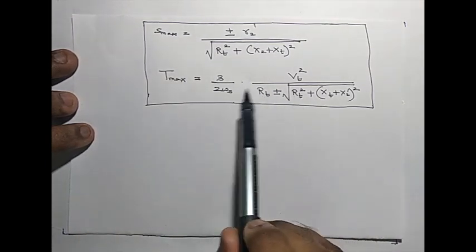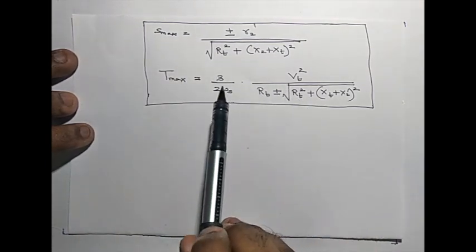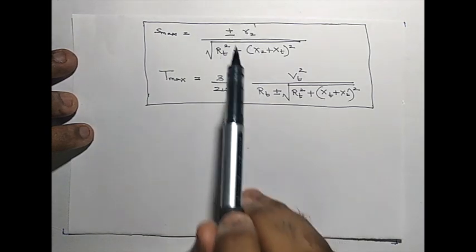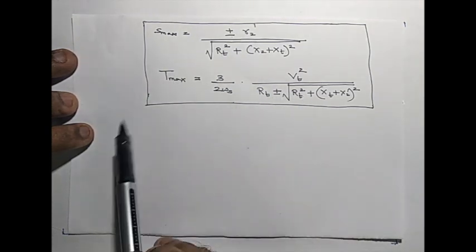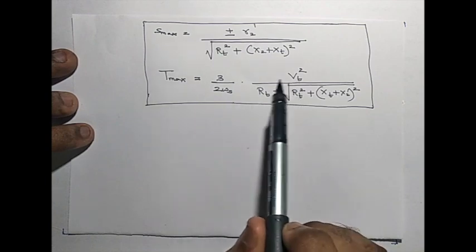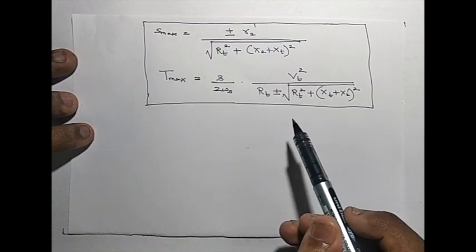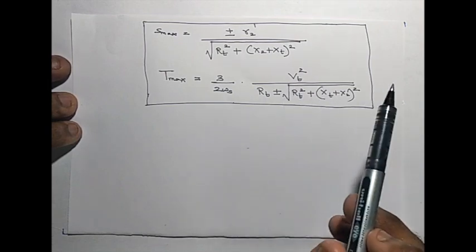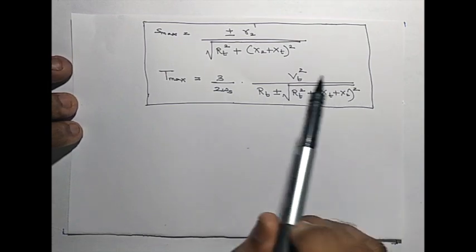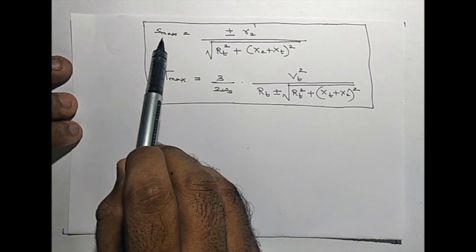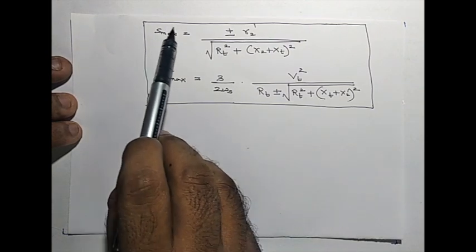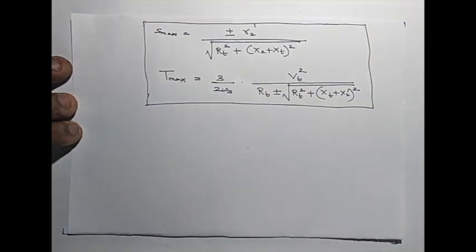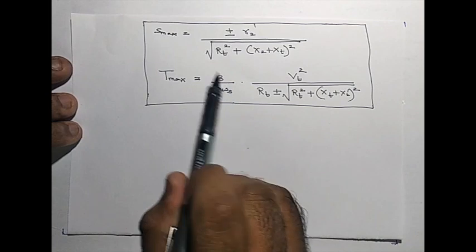See, something interesting is there. The rotor resistance R2 dash does not appear in the equation of maximum torque, which means the maximum torque an induction machine can develop is independent of the rotor resistance. However, the speed or slip at which the maximum torque occurs is definitely determined by your rotor resistance. This is a peculiar but interesting result. Once again, I will explain.